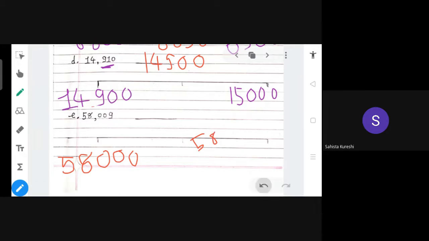Till 58,090, two zeros do not come at the end, right? From here till here I told you. From 58,009, then 58,010, then 11, then 13, then 14, that till 90. Till 58,090 there are no two zeros in any of them. So now you think about the after number. What comes after this? 58,000 what?